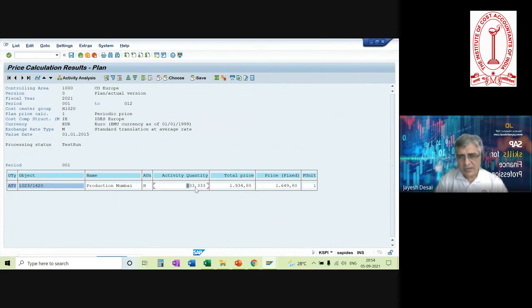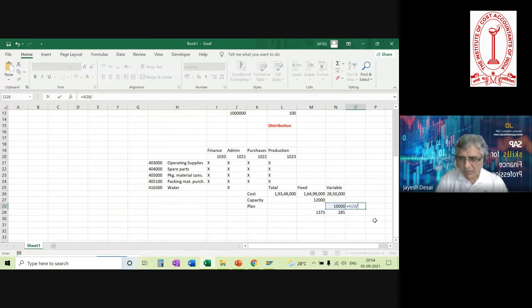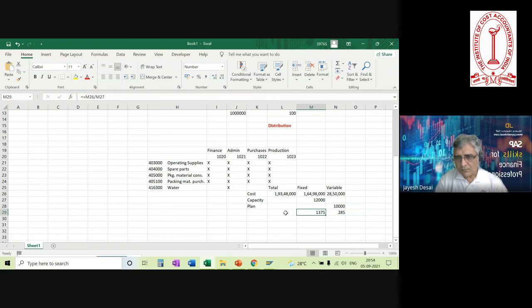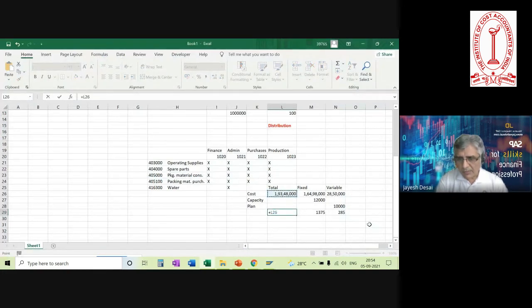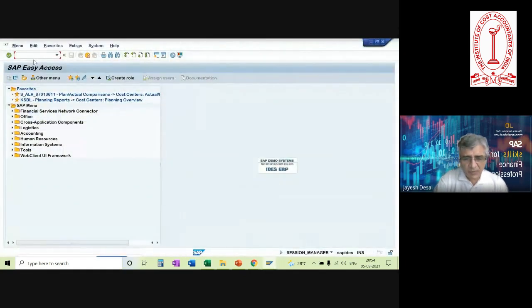Quantity is 833.333. That is because this one is divided by 12. So this will be divided by 10,000. So if we come to KP26,